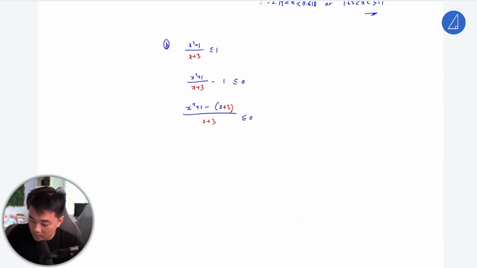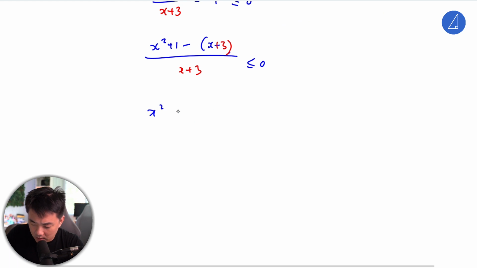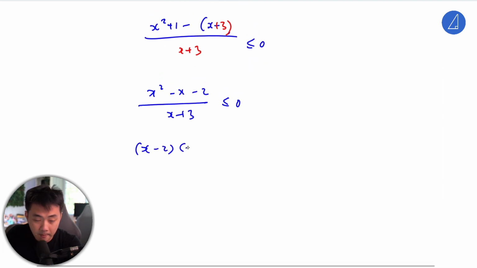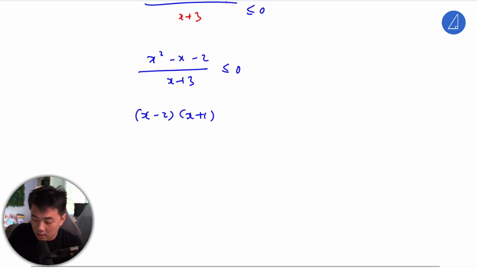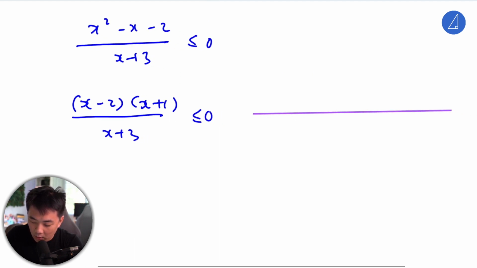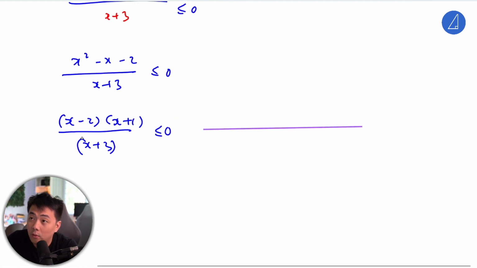Then once done, this case here will be x squared minus x minus 2. So we could easily factorize it as well. So this is x minus 2, x plus 1. Alright, so this is x plus 3 at most 0. Same thing, test point method. List out all the roots on this, what do you call it, this reciprocal. This is 2, minus 1, minus 3. So minus 3 is here, negative 1. Okay, now take note, the negative 3 here, this is the vertical asymptote, so it cannot equal to the root